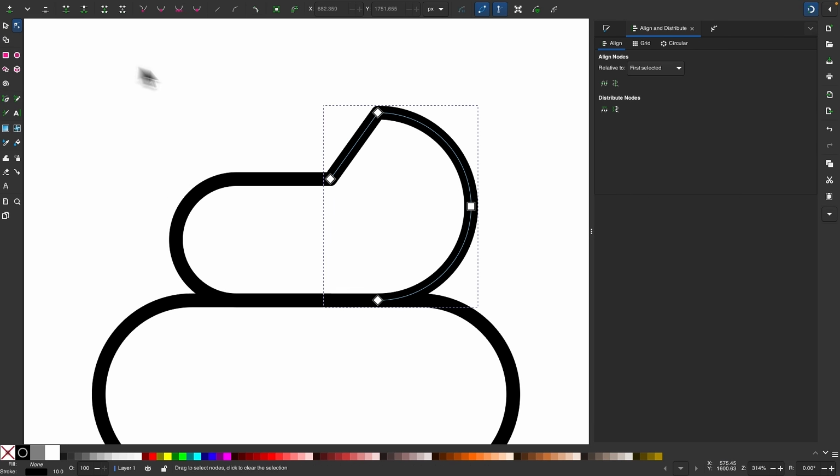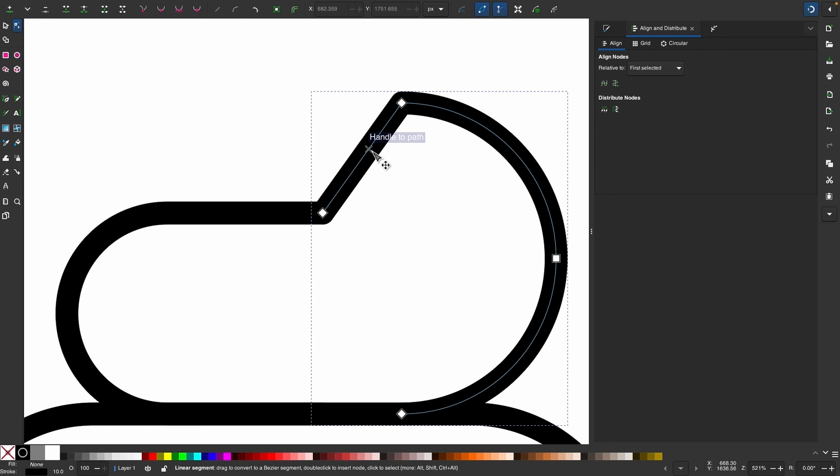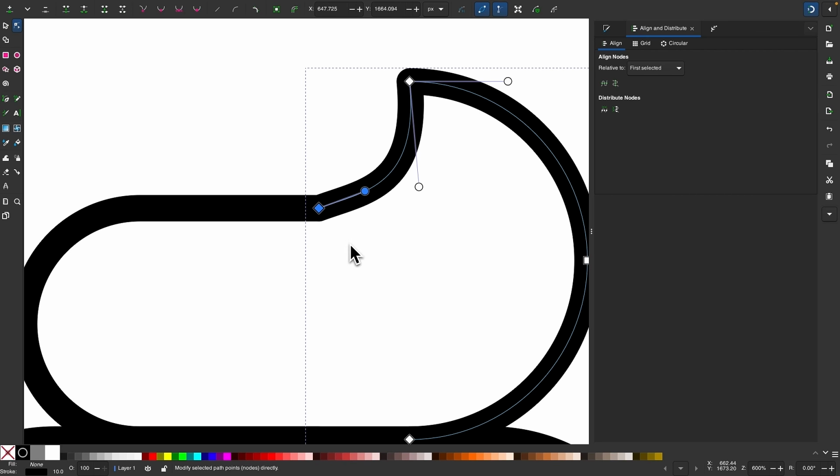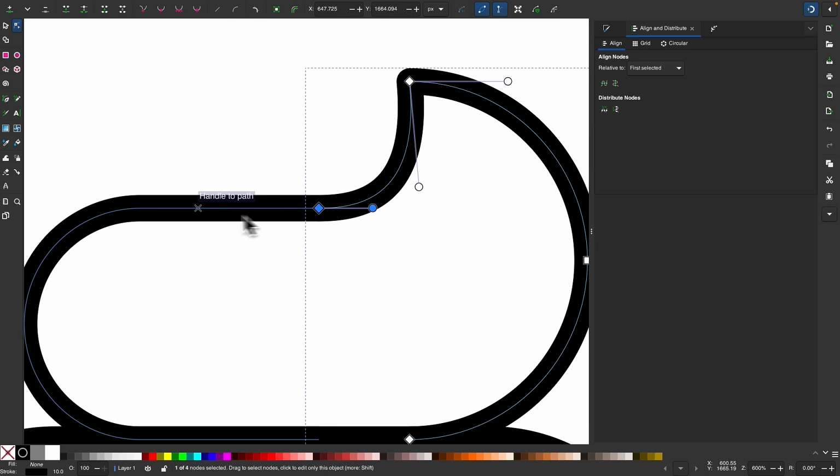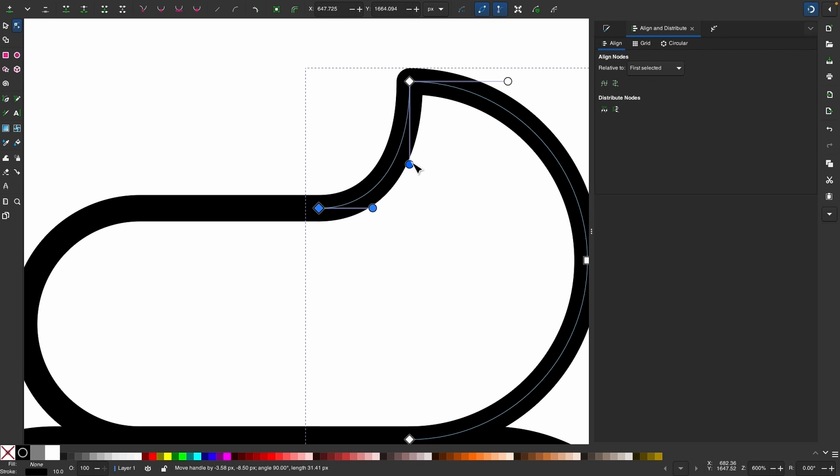And now I can grab the Nodes tool, and I'm just going to curve this line in like that. In fact, I'll click on this node till we get these handles, and I'll hold Control and make sure that this handle is going horizontal, and that'll ensure a nice smooth transition from the straight line to the curve. And I'll do the same thing over here. I'll take this one, hold Control, bring that handle straight down,